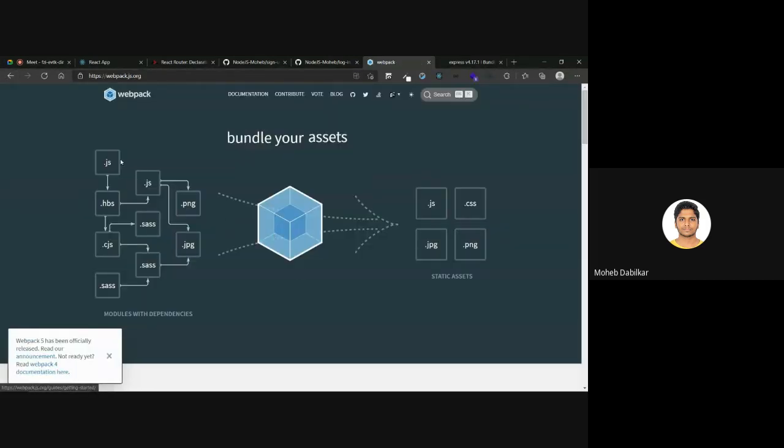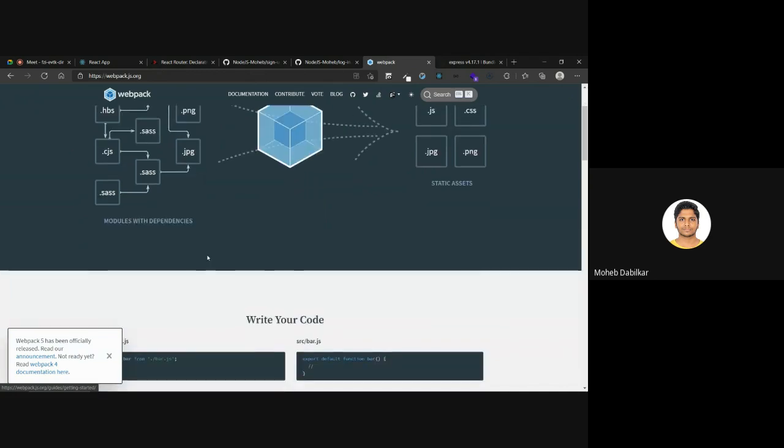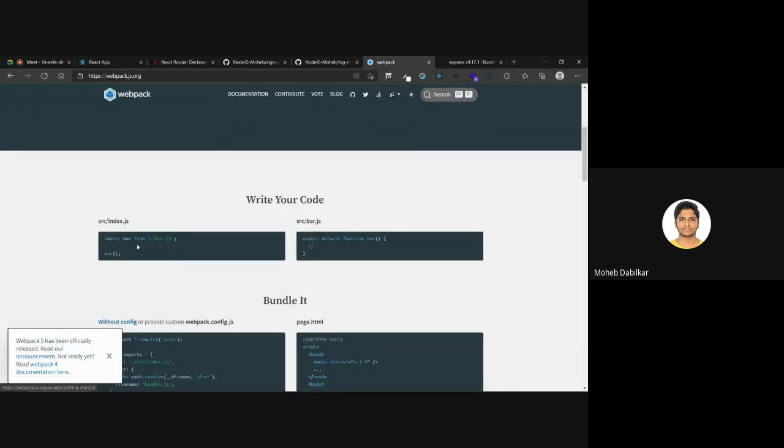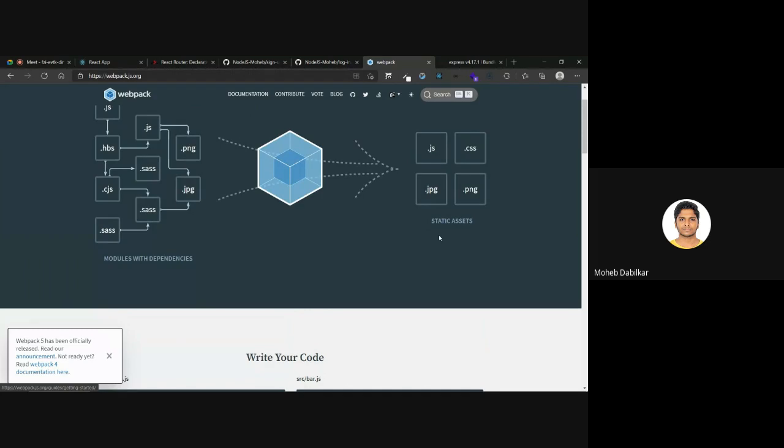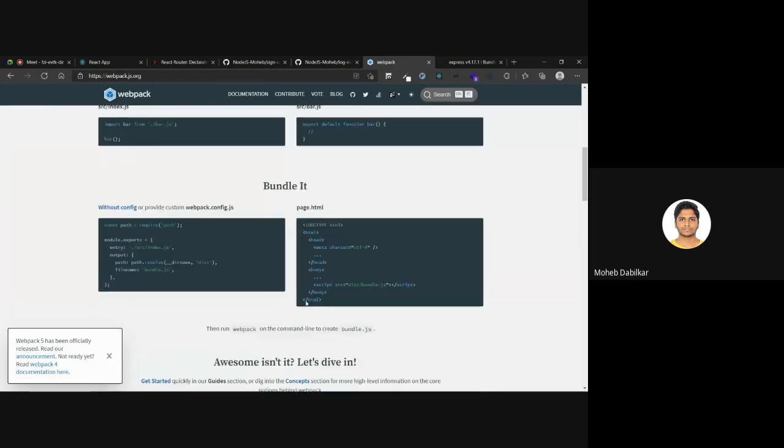But what happens is webpack takes all your JS, and all your CSS, SASS files, JPG, PNG files, and what it does is it converts your code to browser readable code. So you see, as for now, I have the latest version of Chrome. But if someone is using Internet Explorer or some other browser which does not understand what type of code this is, so at that point, what it does is instead of